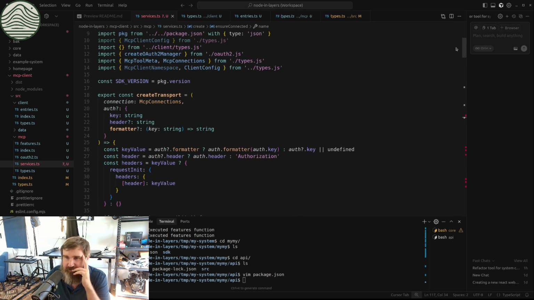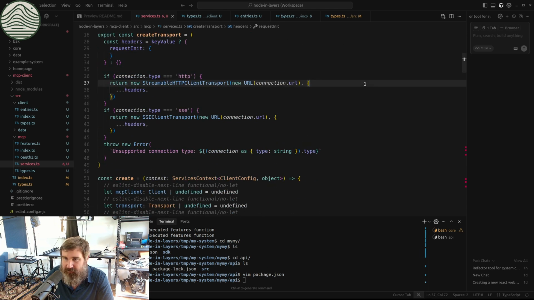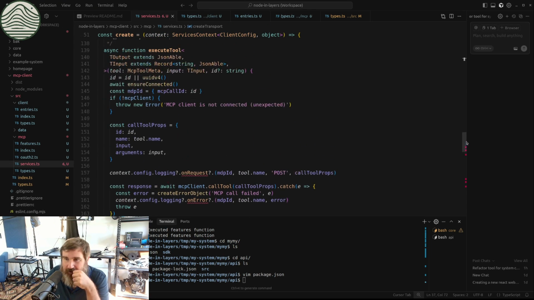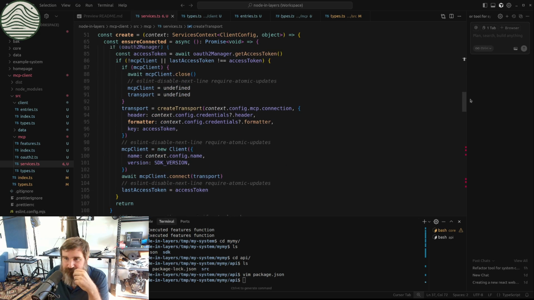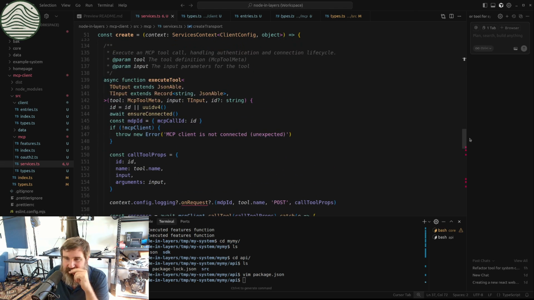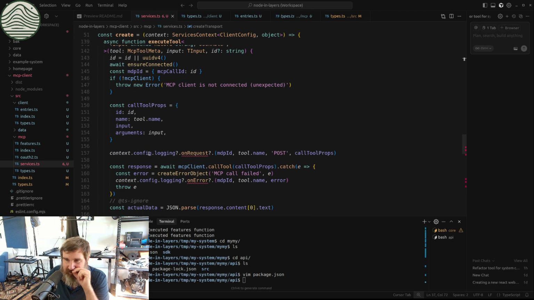String or undefined. It should be able to be string. Oh, I didn't make it undefined again. Actually, yes. All right. Okay, it's got all that going. It's got disconnect. Now I changed it around with kind of this logging,